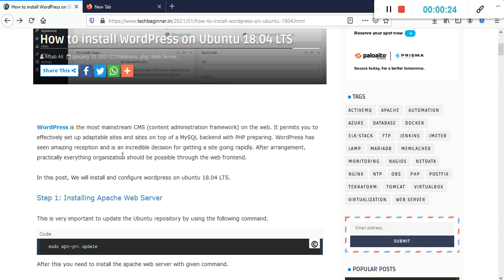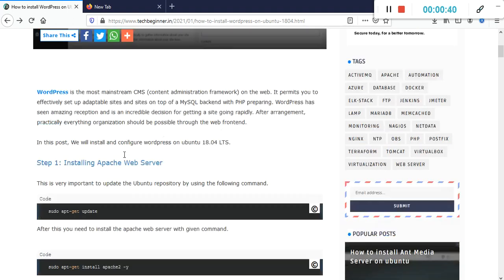So WordPress is a content management system, where you can create your favorite website, like a blogging website, e-commerce website and other websites. For WordPress we need to install some packages.